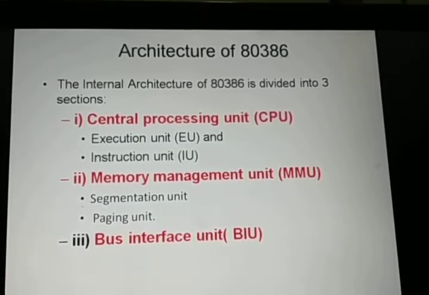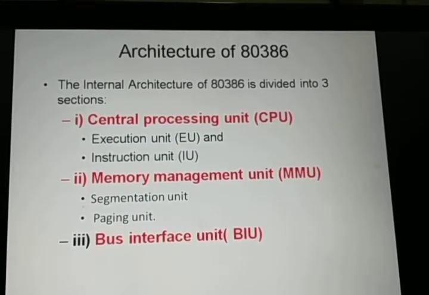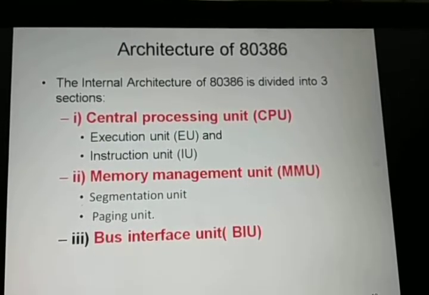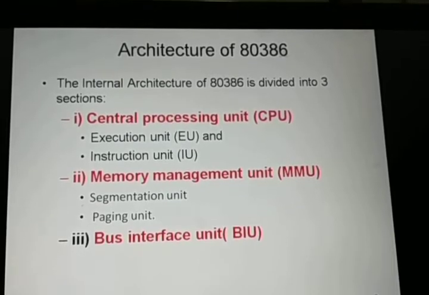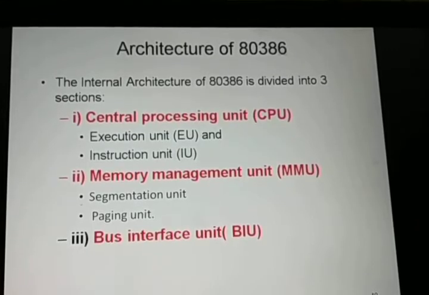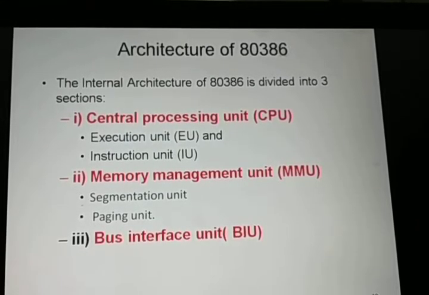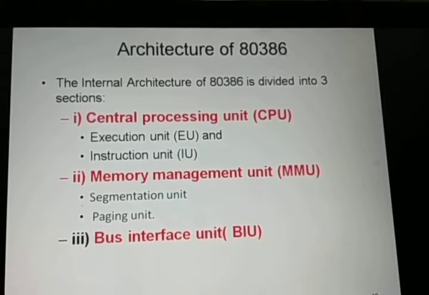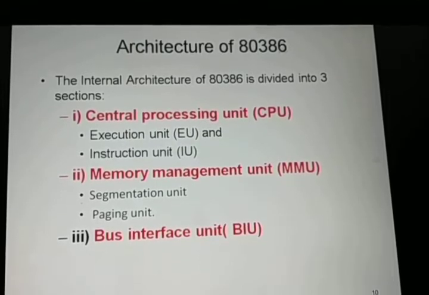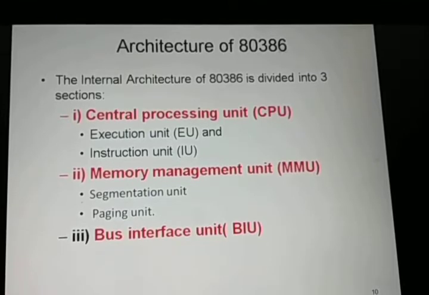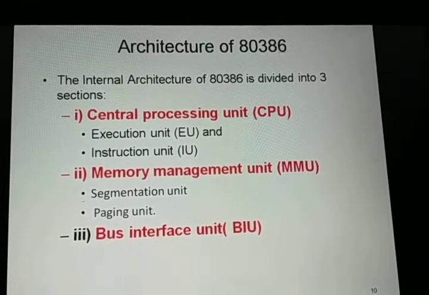Then the paging unit. Paging is the optional part because it depends on the PG bit which resides in control register 0. If the PG bit is set to 0, in that case the paging unit is disabled and the linear address behaves like a physical address. It means we will not convert the linear address into a physical address. But if the paging bit is set to 1, in that case we convert the linear address into a physical address. So this is the work of the page translation mechanism or paging unit. The paging unit converts the linear address into a physical address, provides protection at the page level, and it controls the PLA field again.